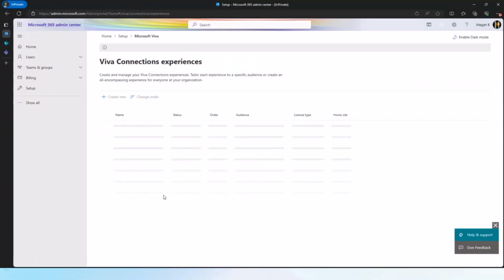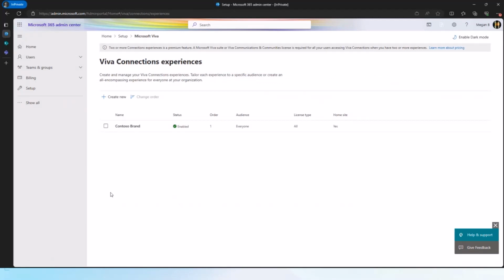I'll click on that. This will give me all the available experiences that I have at the moment. So if a customer has a home site, it will automatically show that line item here. And I'll say home site, yes, that basically means that this particular experience is set up on a home site. And then along with this, there is a status column. This is important because this basically means that it is live now. When the audiences are accessing the app, they are able to see this experience.